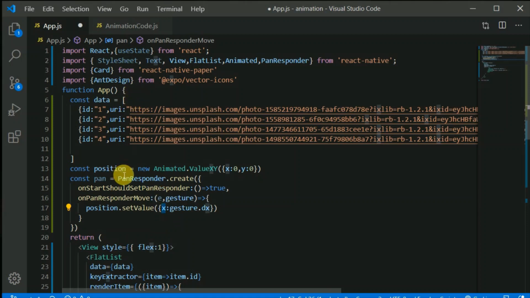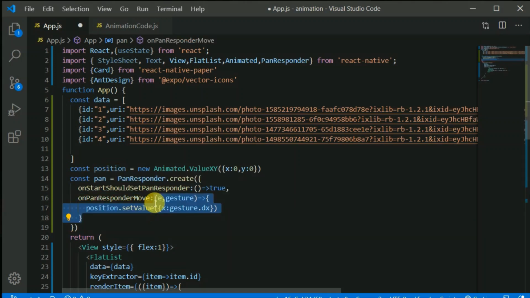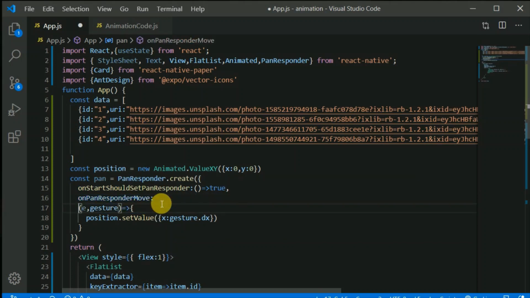Accordingly we will be giving this position to our card, right? So a card will be animating. Now this is one of the ways, right? I can comment this, or I can put it on a Control Z. I can put this on a new line, right, and then I can comment this whole thing in here, Control slash, and